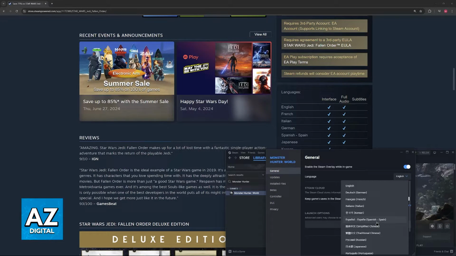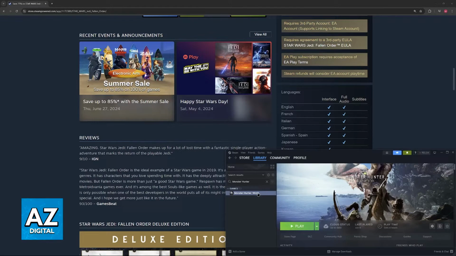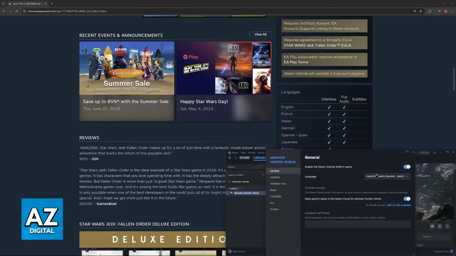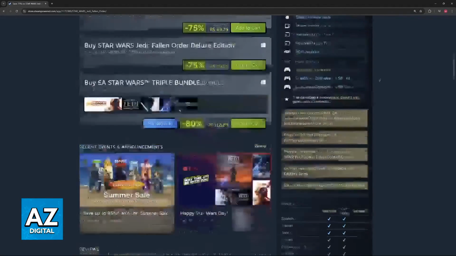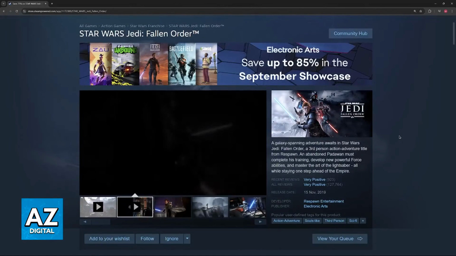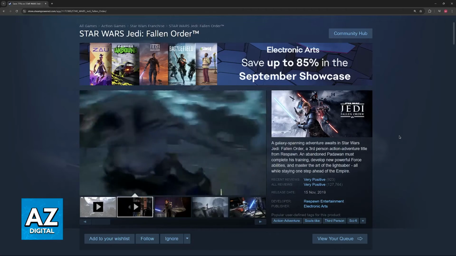Now, of course, this process is being done on PC, but if you are doing this on a PlayStation or Xbox console, then usually you would have to download the language packs, and in more extreme cases, you would have to change the system language for your device. Regardless, just choose any of the language packs available here, and once you select any of the languages, there might be a quick update, and after that is sorted, when you open the game, everything will be changed, including the interface and the full audio if the game supports the language that you selected, and you will be able to change it between all of the languages available for Star Wars Jedi Fallen Order specifically.